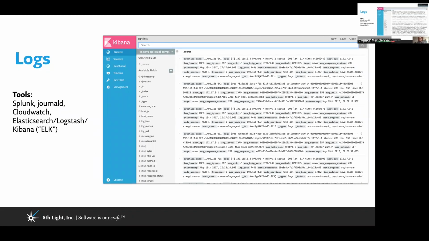Here's an example of the kind of tool you might use to search and interact with and browse your logs. This is Kibana. But other tools you might see in this area are things like Splunk, Journald, CloudWatch, if you're on AWS, or the classic Elasticsearch Logstash Kibana stack, which is often called